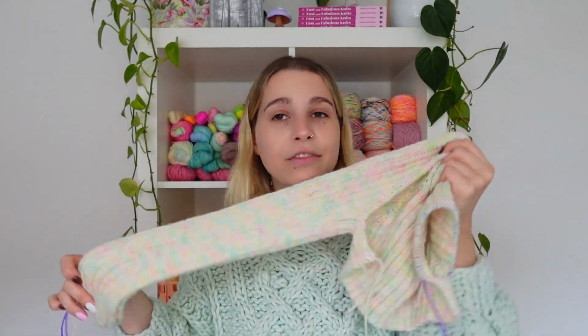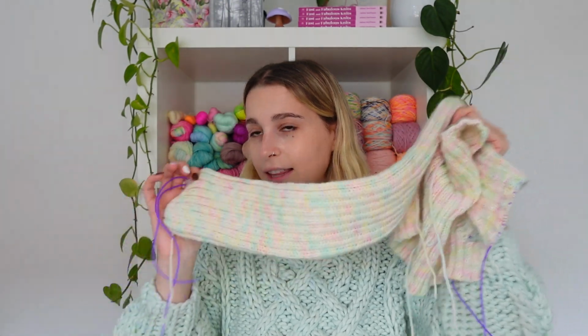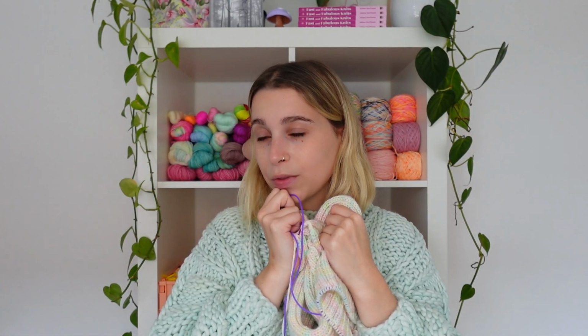So this is the Shrug It Off. I always want to say Shrug It Up. Shrug It Off shrug from Friday Knits. I've done a whole sleeve. I can't remember what happened here. I think I put the stitches on hold. I can't remember if it's because I needed the needles. It probably was that. Or if I was getting concerned that I was running out of yarn and I haven't done the second sleeve. So I don't know. Honestly, I started this so long ago, I can't even remember if I was knitting with less yarn than was recommended, but it's just a basic